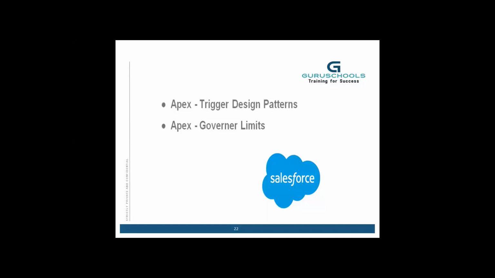Then we have trigger design pattern and governor limits. What is this trigger design pattern? As we talked about, these are the triggers, these are the types, these are the events, but on top of that we have a pattern. You need to build code in such a way that your code should be